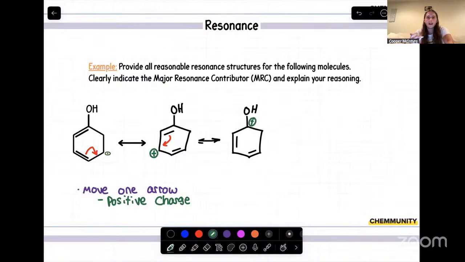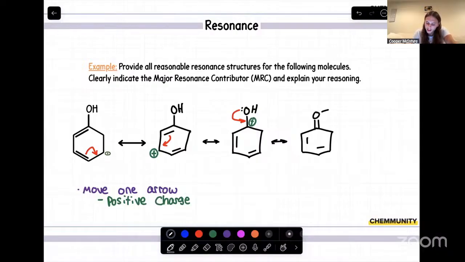And from there, it might look like we're all done, only because if we're following the trend that we've been doing, we have no more pi bonds next to our positive charge, but we do have some electron density still. If we were to look at this oxygen, we can't forget that we have lone pairs on the oxygen, and the lone pairs on the oxygen can actually dive down, go towards that positive charge, and from there, we now create a new carbon-oxygen double bond, which will actually give oxygen a positive charge.